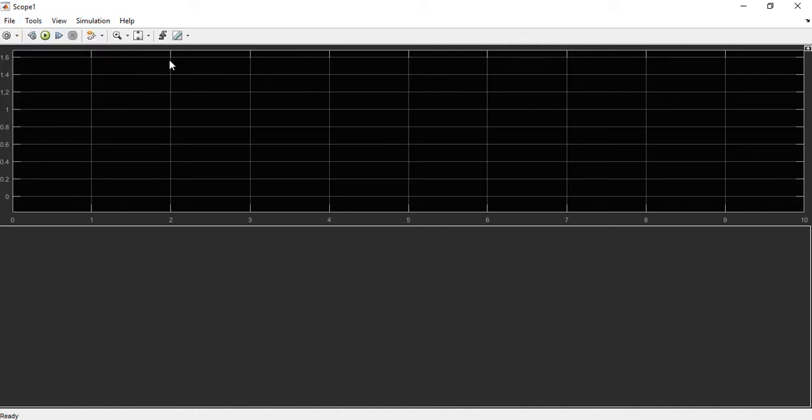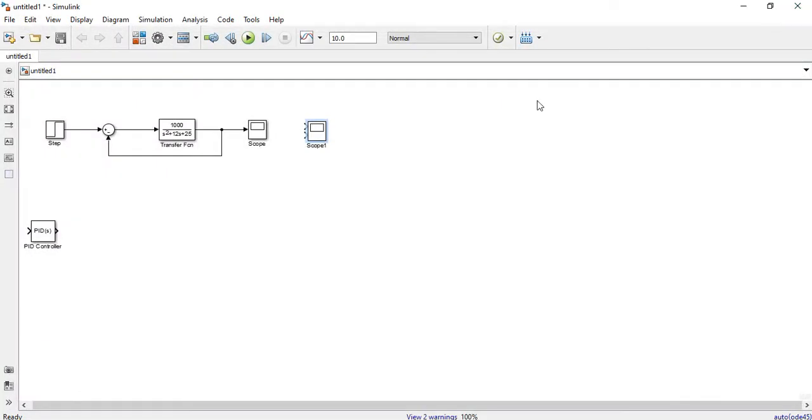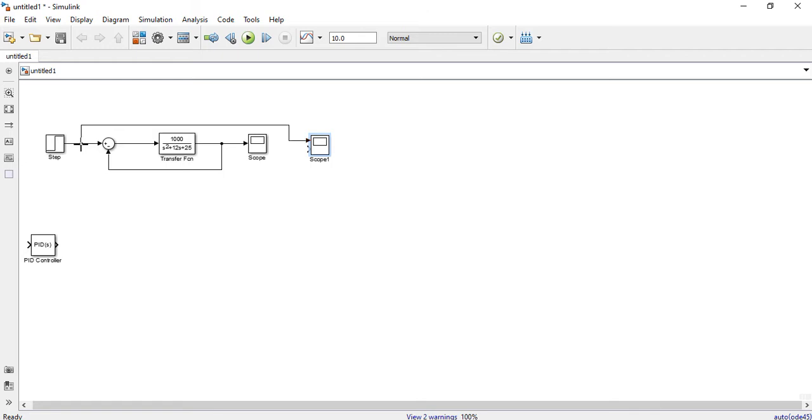The number of input ports will be 2. In the first I will use this, in the second I will use this. That means on the first part we want to see the input, and on the second part we want to see the output.